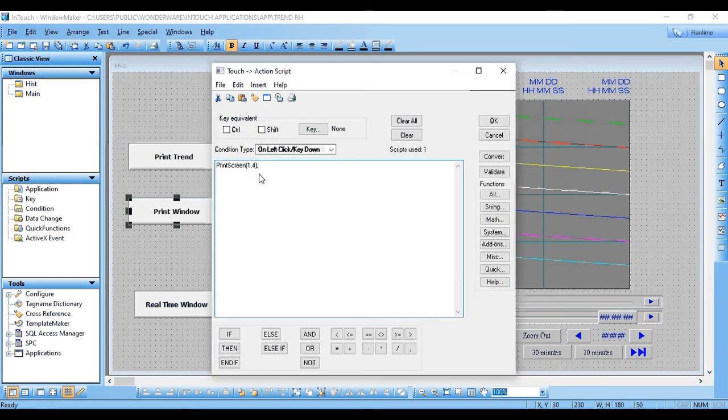To print the window, the function is print screen with 1 and 4 in the bracket. Now what is this 1 and 4? We will cover it in an entirely different tutorial. There are multiple options to select the span of the window. By default, if you want to print the entire window, keep it 1 and 4.